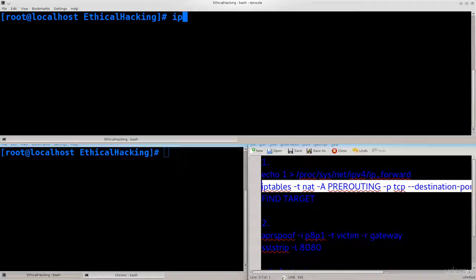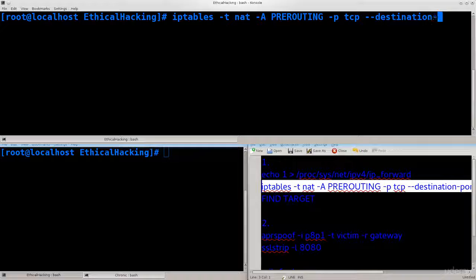Anyway, type in iptables. There's also a graphical interface, but rarely do people use it. I don't think that is the general approach. Usually people prefer to just type the commands in themselves. So iptables space -t nat. NAT is a table for network address translation. Dash A stands for append. I could also type in I for insert or D for delete, but we need append, and to chain PREROUTING. Excellent. We're going to specify a protocol, so it's going to be tcp, dash dash